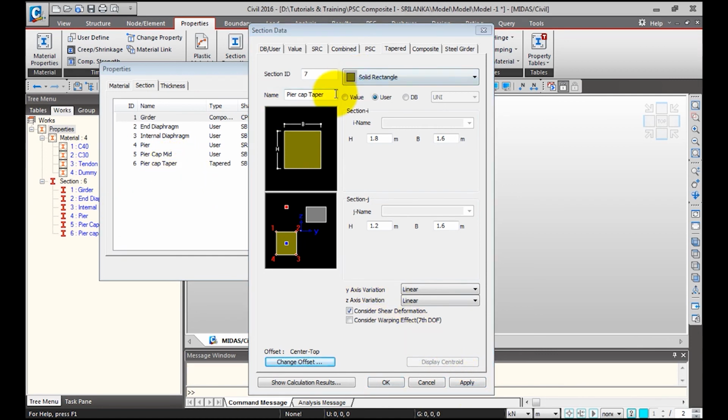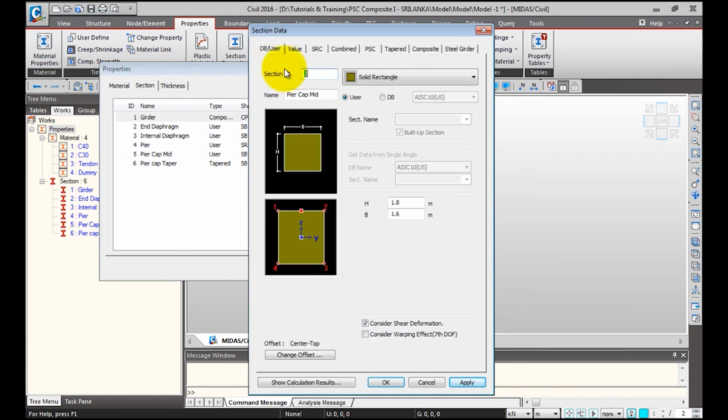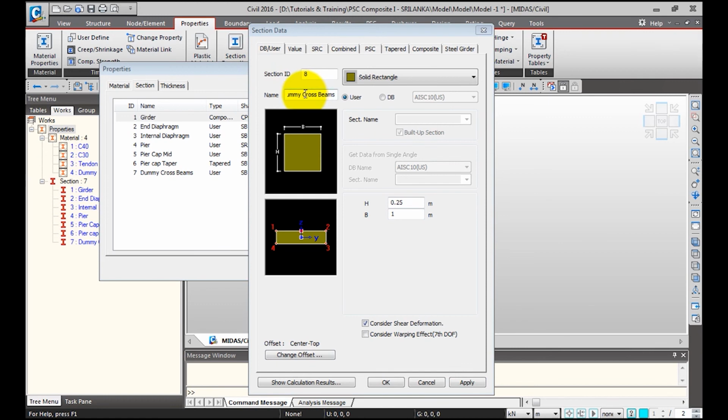Next I'll add my dummy cross beams. I'll go to DB user, change the name to dummy cross beams, select solid rectangle, give the dimensions as 0.25 and width as 1 meter. 0.25 is my slab thickness. I'll maintain the center top offset. I'll click apply. Then I'll add the dummy crash barrier section,